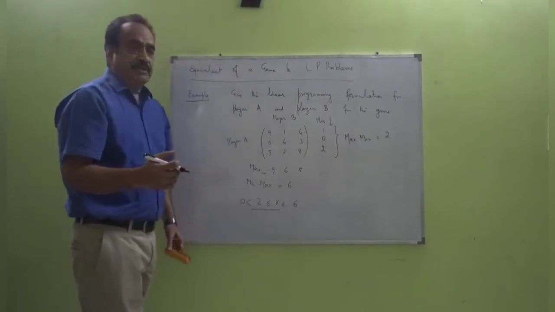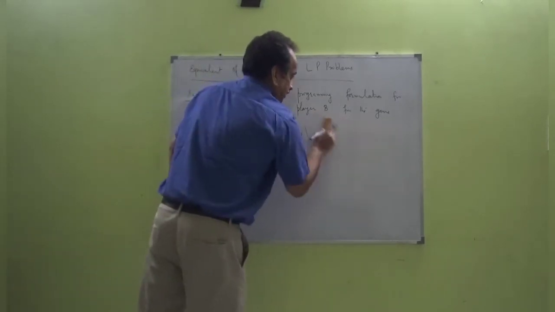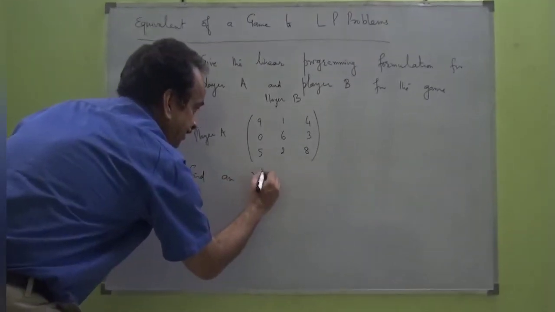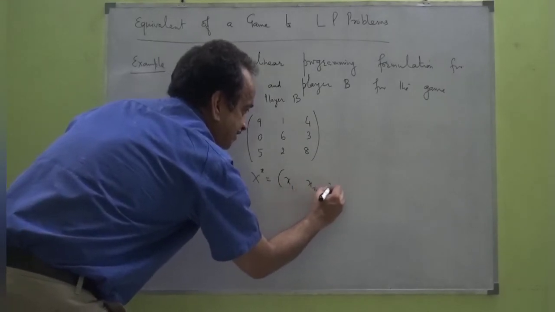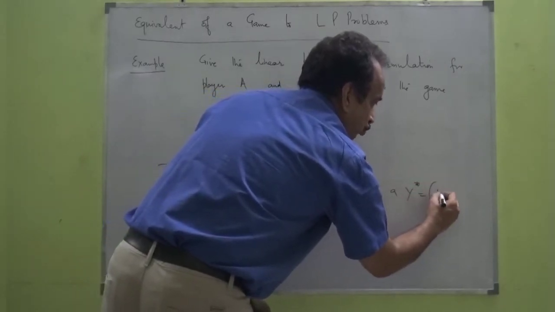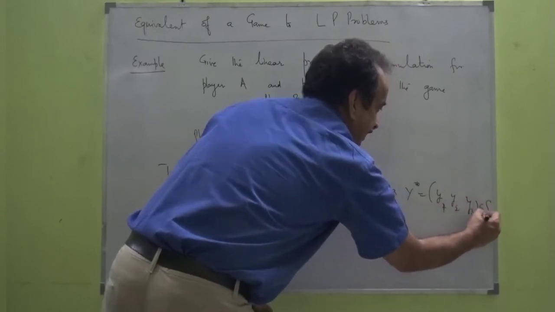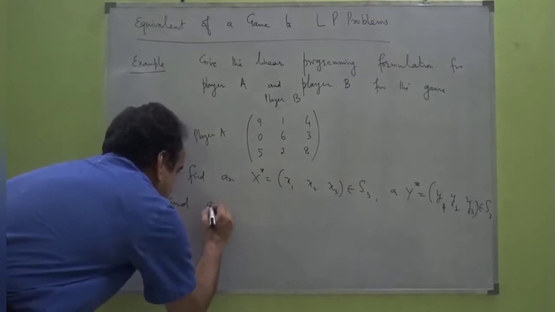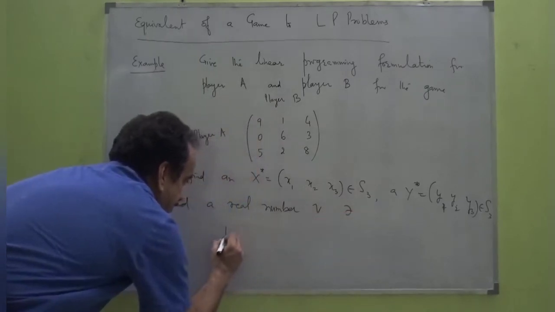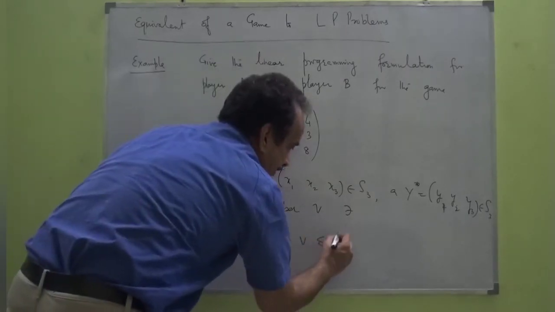Now in view of theorem 1, solving this game means to find an x star equal to (x1, x2, x3) in S3, or y star equal to (y1, y2, y3) in S3, and a real number V such that E(i, y star)